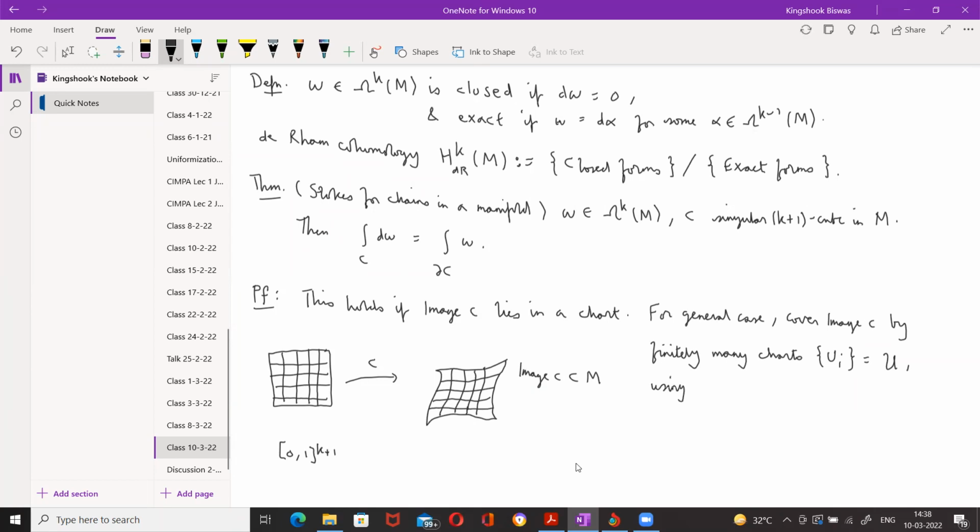I can choose a Riemannian metric on it, and then it becomes a metric space. So this finite covering has a Lebesgue number. Using the Lebesgue number of the covering U and the uniform continuity of the map C,